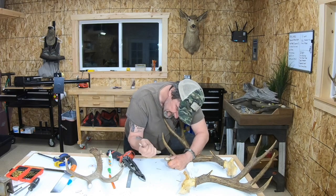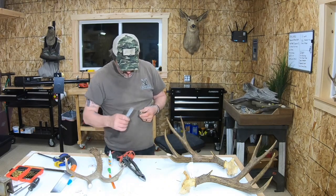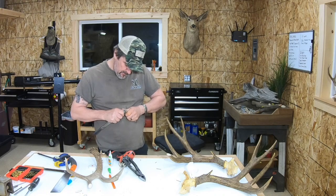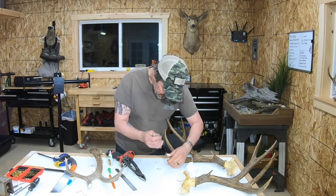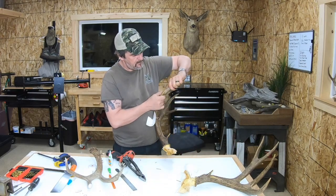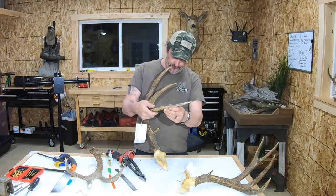So what I'm doing here is you really just want to make sure that they have really good contact together, that they fit really tight. That way there's less chance for that tip to break off if there's any slop to it at all. So they really have to be tight when you make that connection. Cooperating with us, I don't think. You want to make sure it's pretty close the first time, because once it's super glued on there, it's